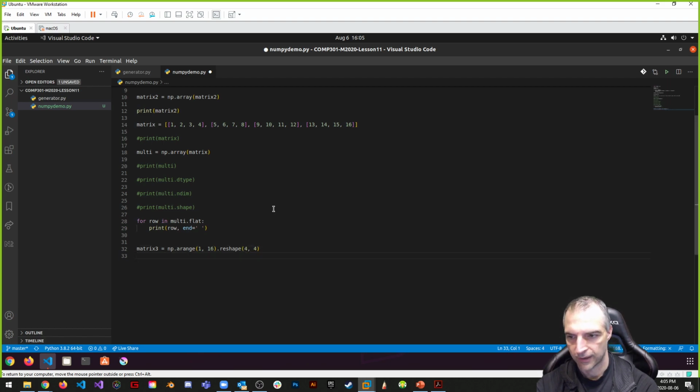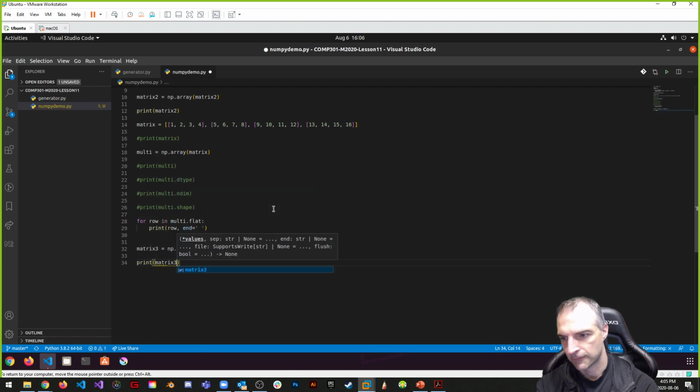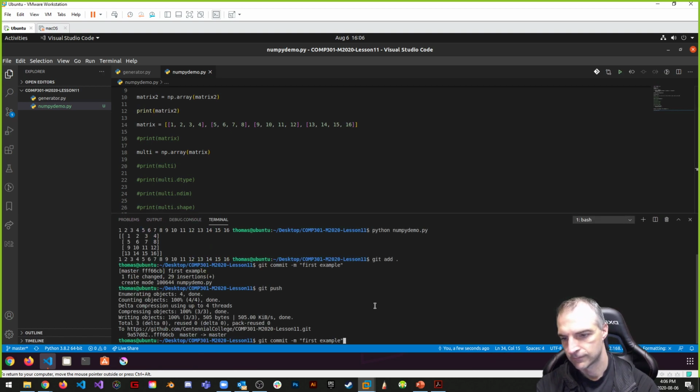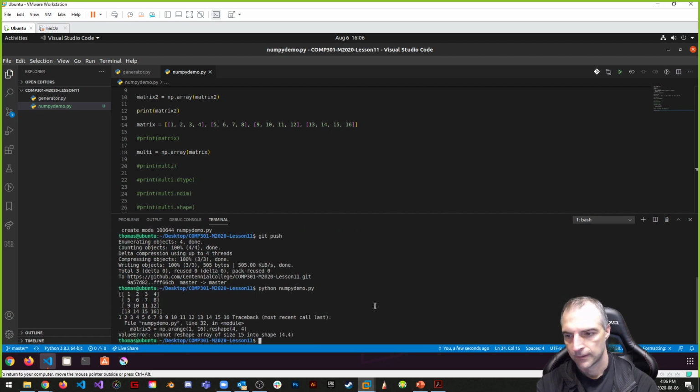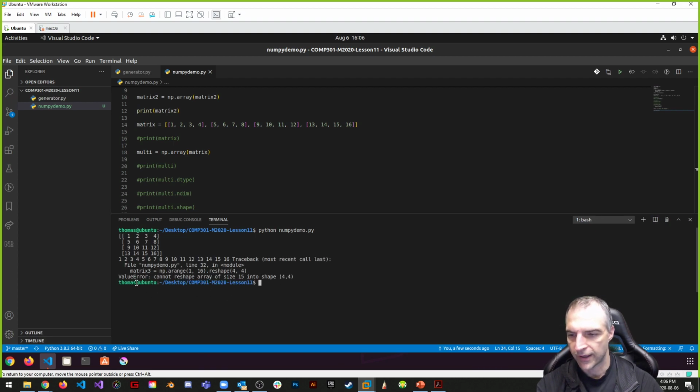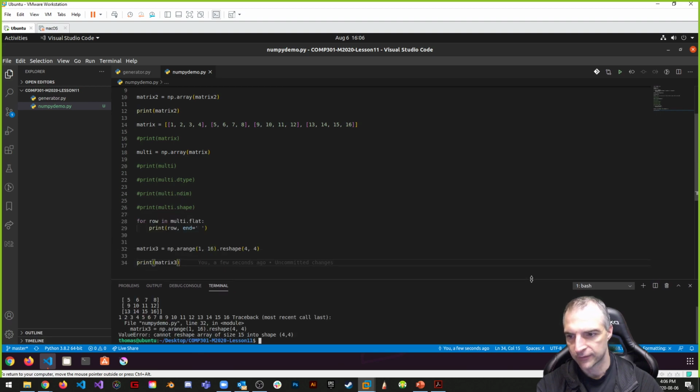And if I did this, and if I said print matrix 3 as the end, then you're going to see that I'm going to get an error. Try that again. And take a look at that error that I'm getting. It says value error, cannot reshape an array of size 15 into a shape of 4x4. Why? Well, because of the way I specified, right? I specified an array or a range of 1 to 16, but not including 16, right? There's 16 elements now, and now it should